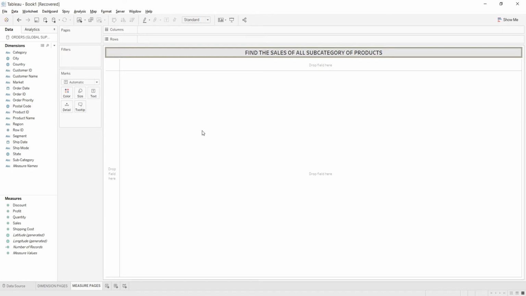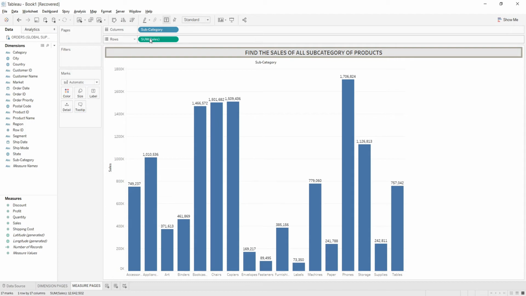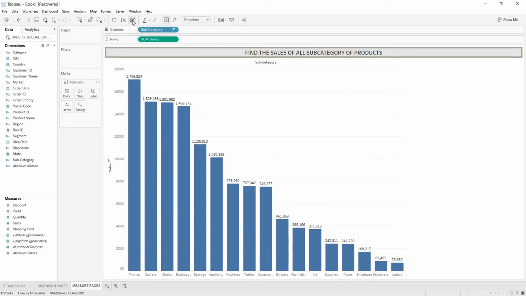So here according to the question we have kept subcategory over columns and sum of sales over rows, and we have sorted the data in descending order. Here the sales is shown subcategory wise, but I want to see the result in an animated way, where I want to see the sales of each subcategory one by one.